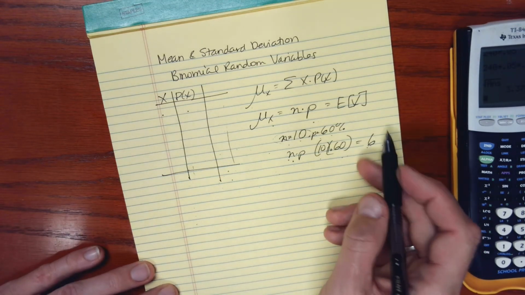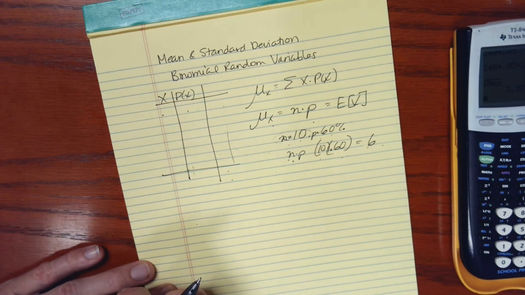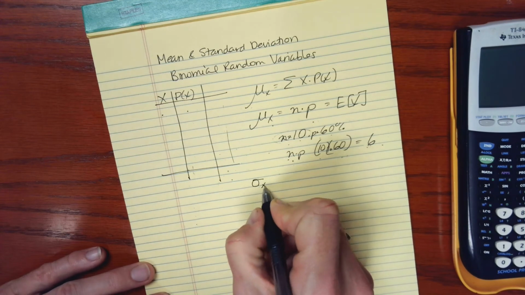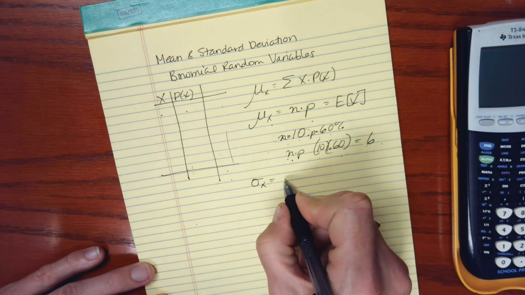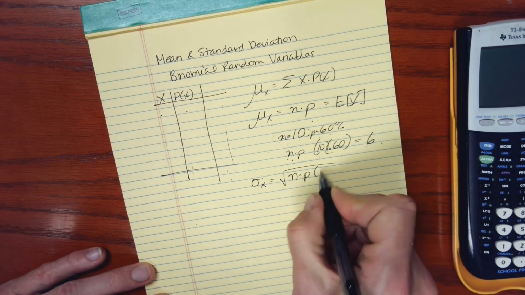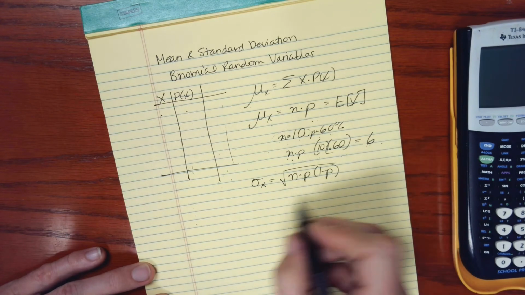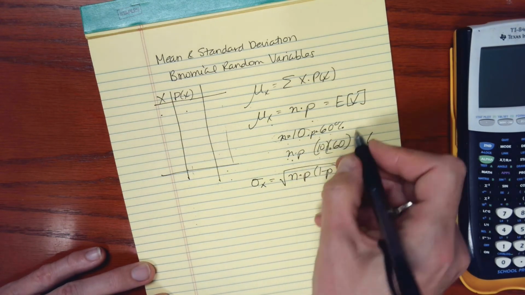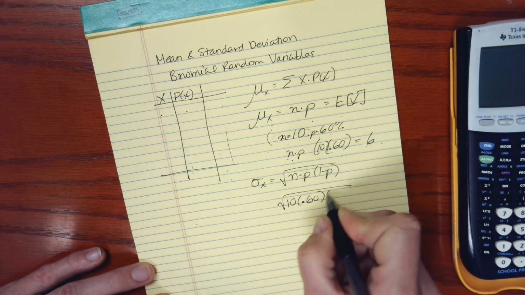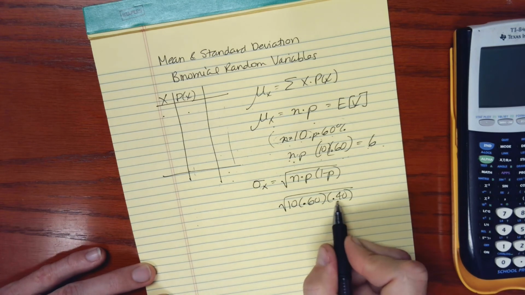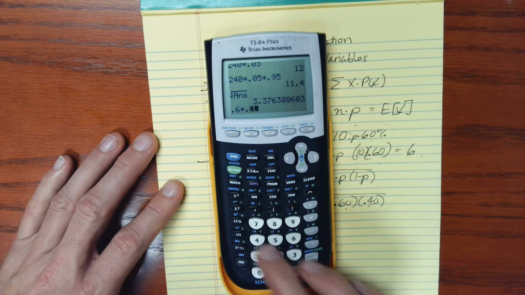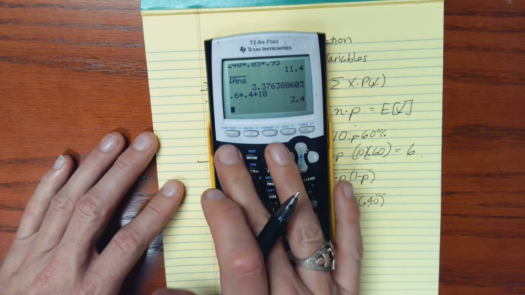So hand in hand with this measure of center, we'd like to have a measure of how spread out the results are. So that's our standard deviation. And for a binomial random variable, we can take the square root of n times p times 1 minus p, and this will give us the standard deviation. So using these same numbers, I could take the square root of 10 times 0.6 times 0.4. So this is 1 minus 0.6. So that would be 0.6 times 0.4 times 10, and then the square root of that